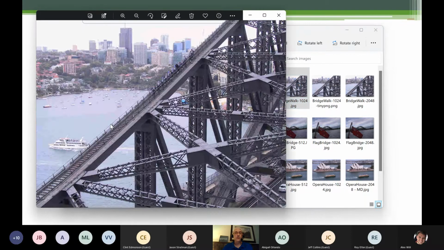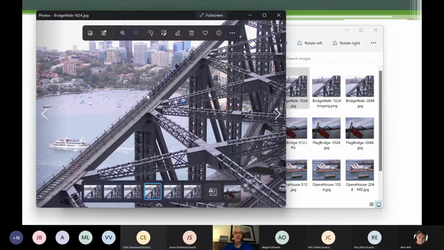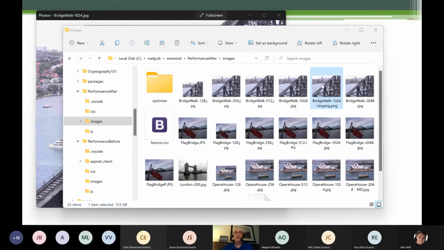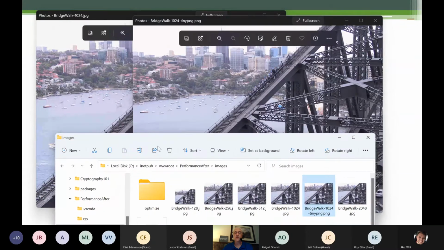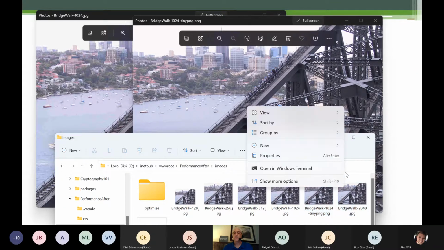So I went to Australia. You can actually walk up the Sydney Harbour Bridge, which is kind of cool. So here's some people going up the bridge. This is the JPEG version. Here's the PNG version. Visually, if I were to stack these two next to each other, the quality is relatively the same, pretty close. But if I were to look at the details here,